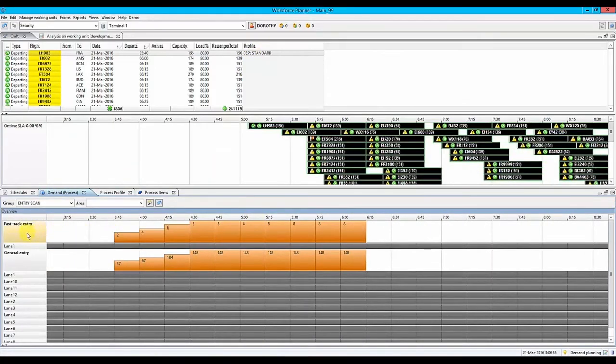Here she sees the fast track entry and the general entry security lanes. The orange bars indicate the number of people waiting in line. The grey lines indicate that these security lanes are closed at a certain time. Hence, she sees the number of waiting passengers will increase over time. To decrease the number of waiting passengers, Dorothy already knows by looking at this flight that she only needs to